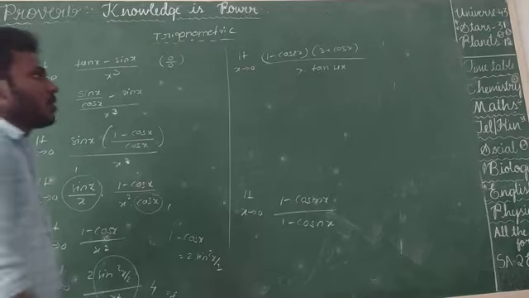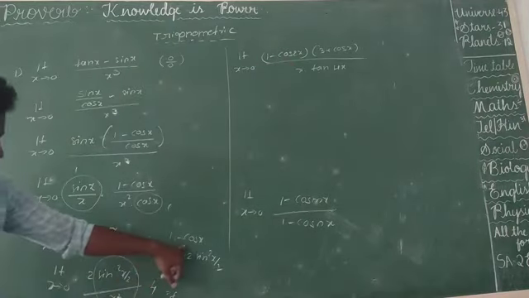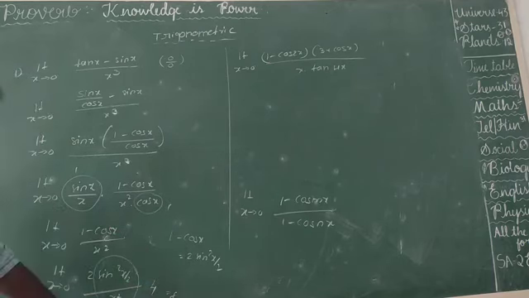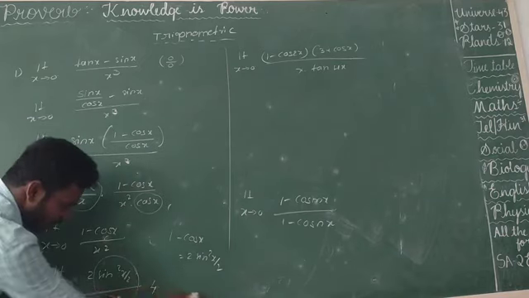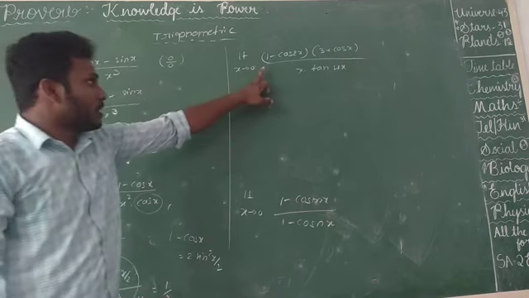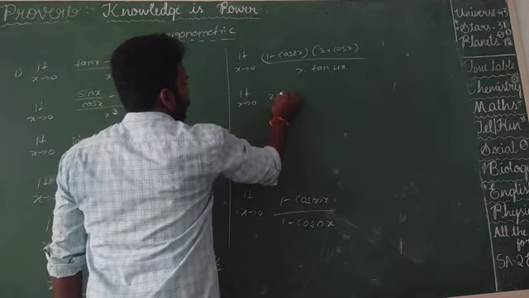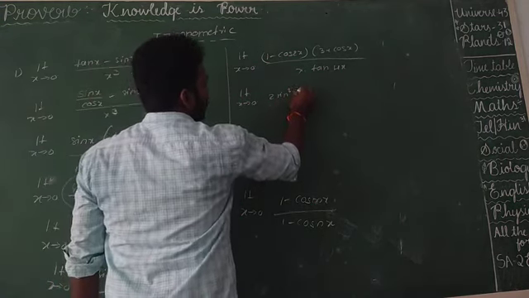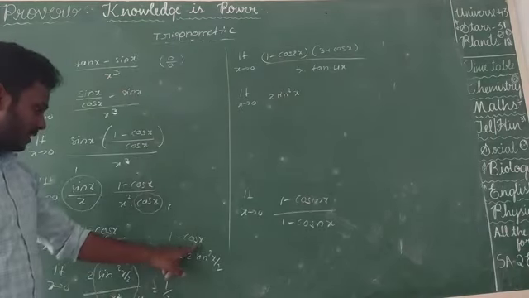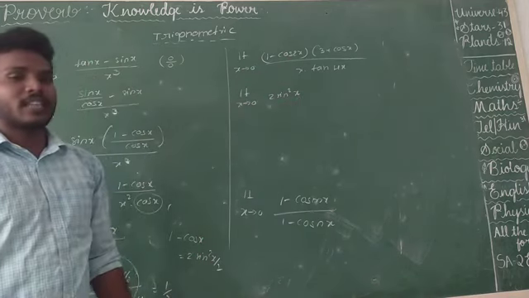In the same manner, limit x tends to 0 of 1 minus cos 2x. In the same formula, 1 minus cos x was written as 2 sin square x by 2. Oh sorry, here into 4, that is 1 by 2. In the same formula, if you apply limit x tends to 0, this is 2 sin square x, because here 2x is the angle, so half of the angle is x. For cos x it is x by 2, so for cos 2x it is x.